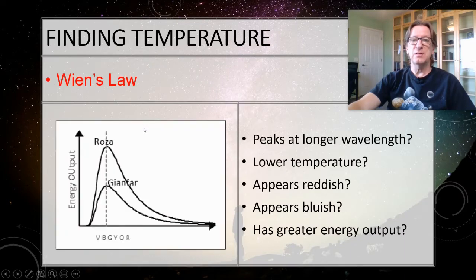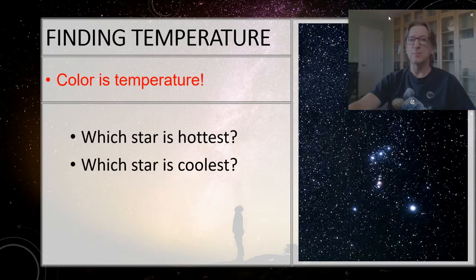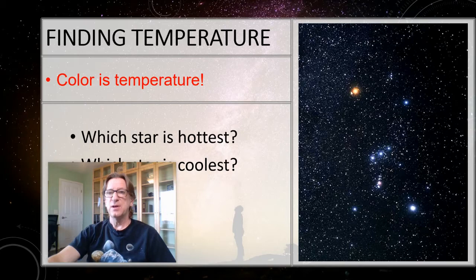Okay, so let's go back to our picture here. I'm going to move the camera back down. This is like Sortho, and this is like Rosa. Sortho is just as bright as Rosa. Now, realistically, this is Betelgeuse and Rigel, but comparing to your graph, they're the same brightness. They have the same energy output. Yet this one is redder than this one. So this means that Betelgeuse, in reality, must be much cooler than Rigel is because it's redder.